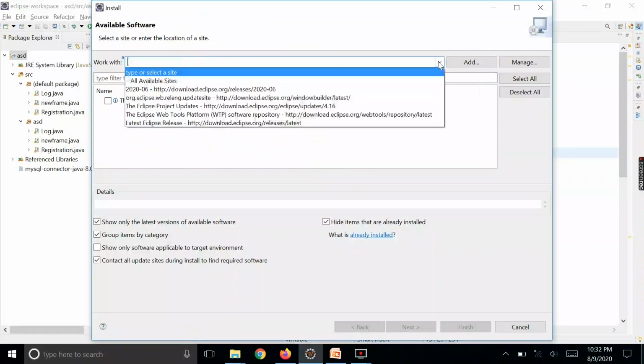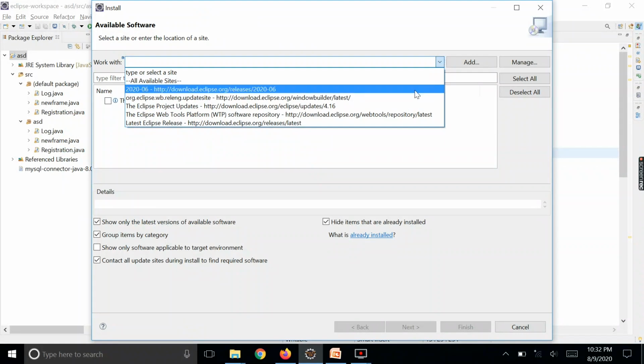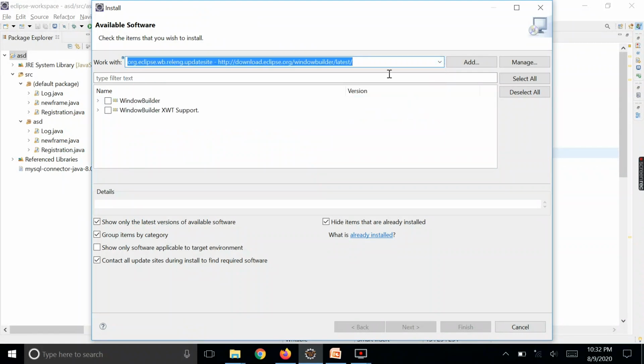Then you have to search for the update called Windows Builder. I have here download.eclipse.org/Windows Builder/latest version. If you select that, then Windows Builder XWT support will come. You have to select both, and then click finish.